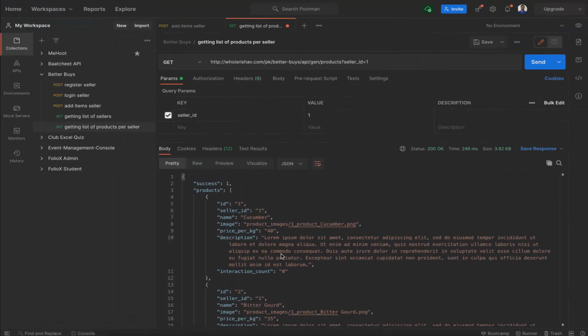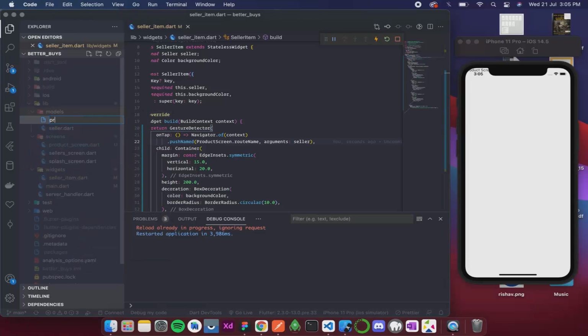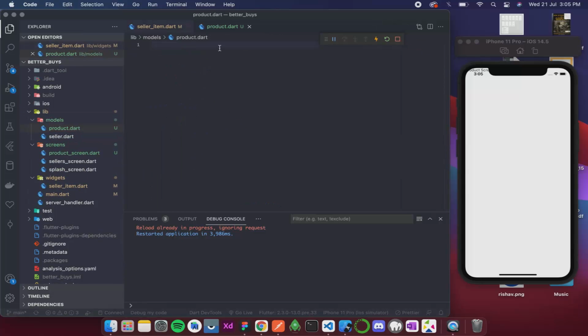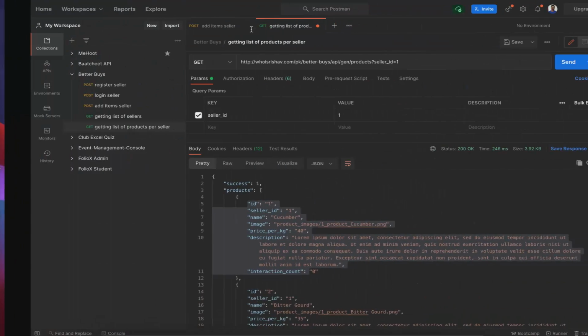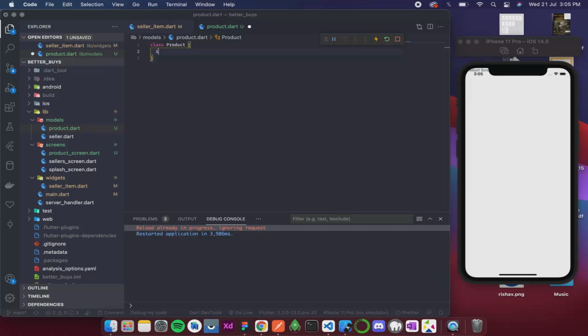For that, first I need to create a product item. Inside model, I'll create a new file, and that is product dot dart. This is going to be class Product, then int id, int sellerId, string name.